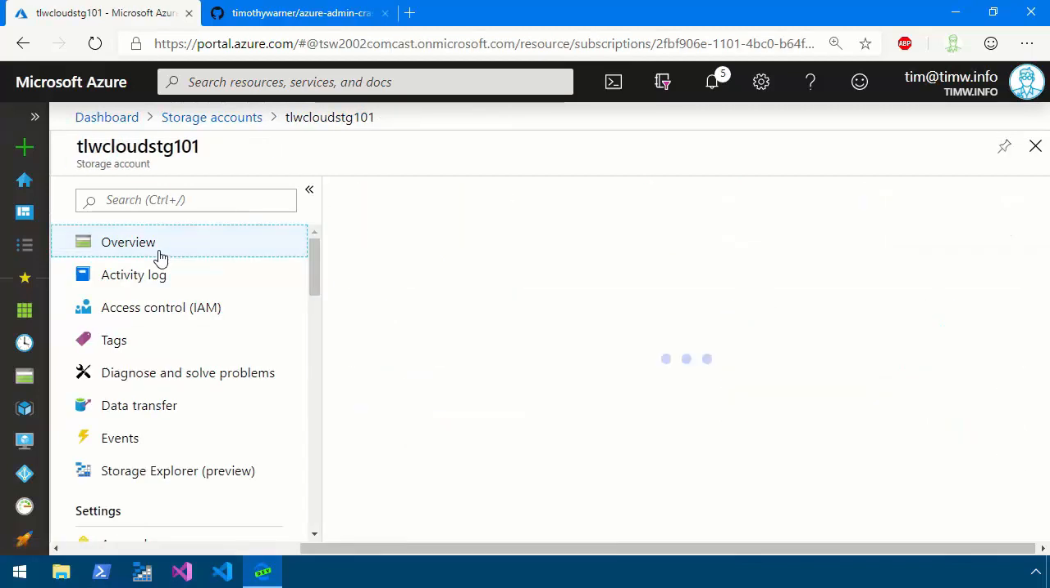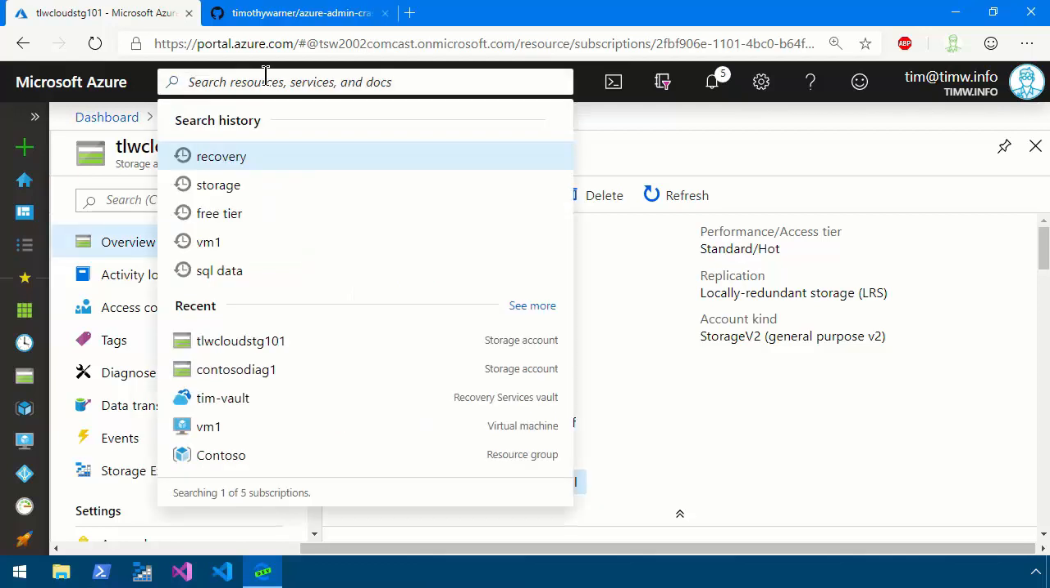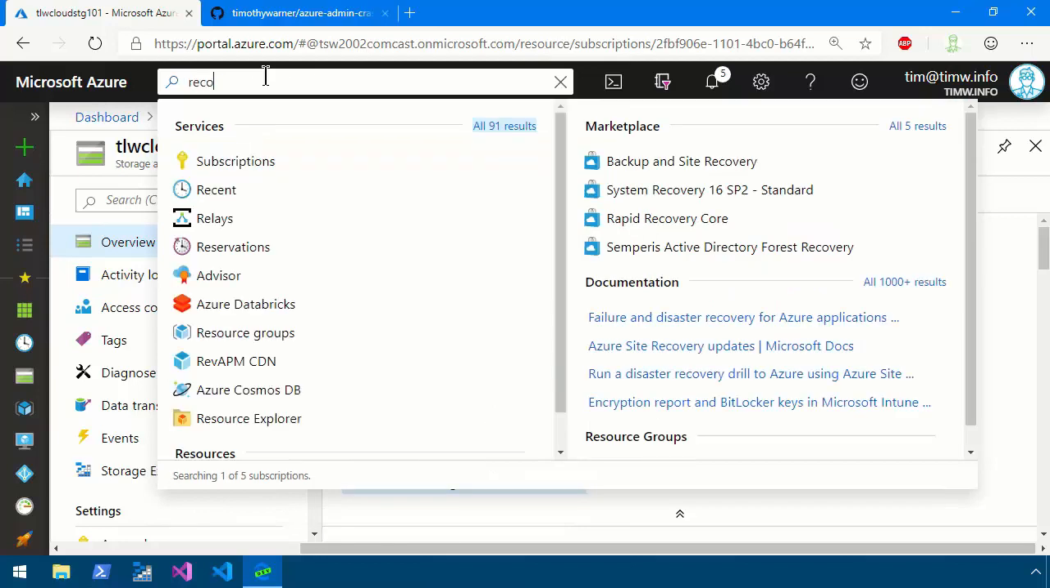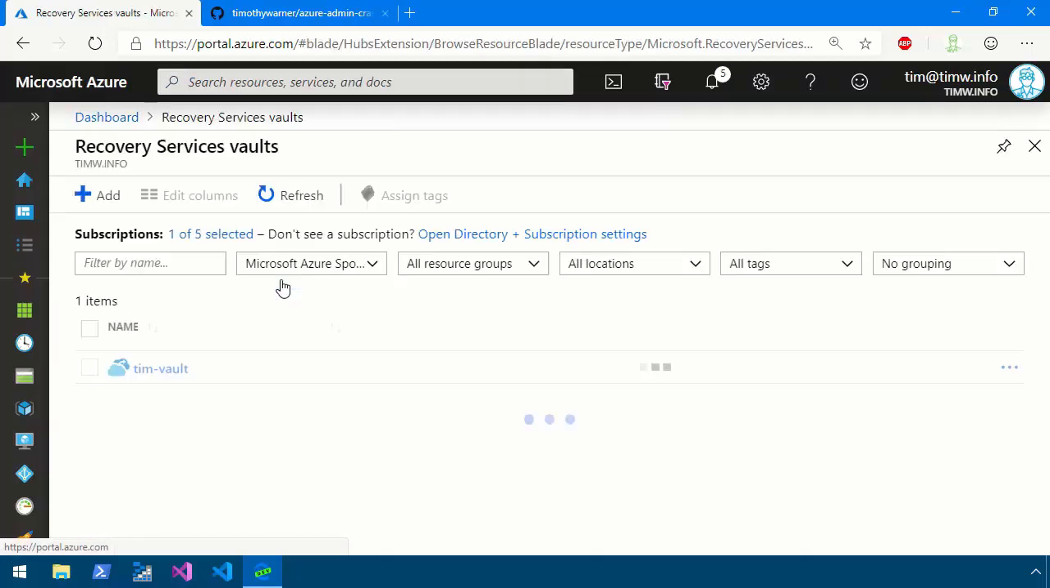Okay, so back to the overview page of the storage account, we want to take a look at the location that the storage account is in. It looks like in my case, it's South Central US. If we're going to do automatic snapshot backups, we're going to need to create or use a Recovery Services Vault that's in the same region. As you see, I already have one that's in the South Central US, so I'm going to use Tim Vault,